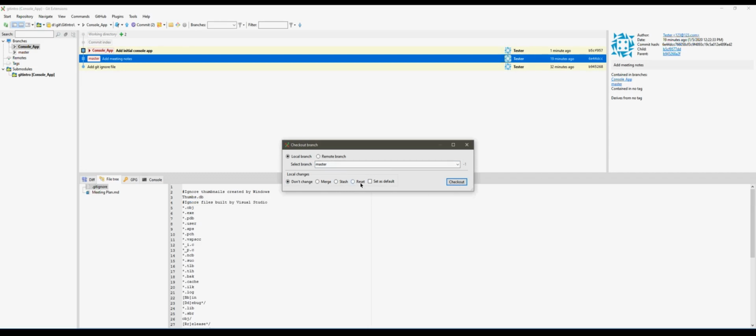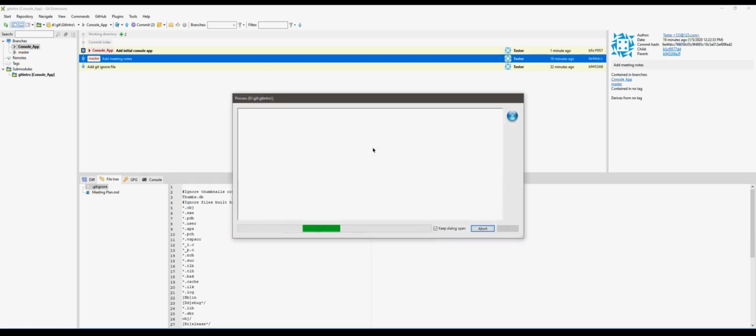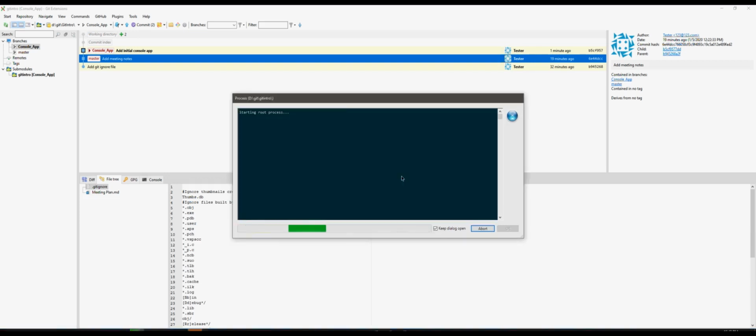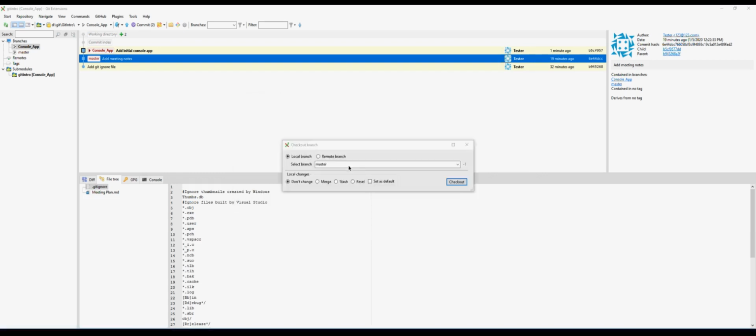I could reset, but that would mean all my work would be toast. I could hit stash. I could also say merge. You can play with those and find out what they do, but I'm going to leave don't change for now, so that my working directory stays the same. So it's going to have console app changes. I'm going to ignore those for now,